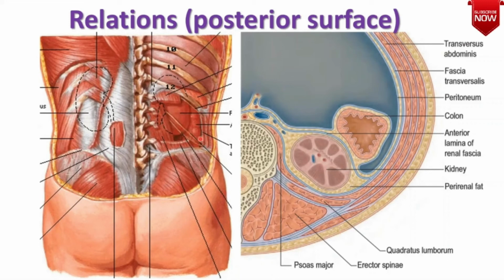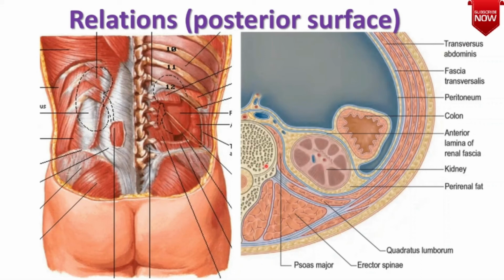The most lateral one will be the transversus abdominis muscle. Again, it has been cut. This line is the transversus abdominis muscle. You can also appreciate the subcostal nerve at the lower border of the 12th rib. Here is the subcostal nerve. And the iliohypogastric and ilioinguinal nerves at the lateral border of the psoas major muscle.